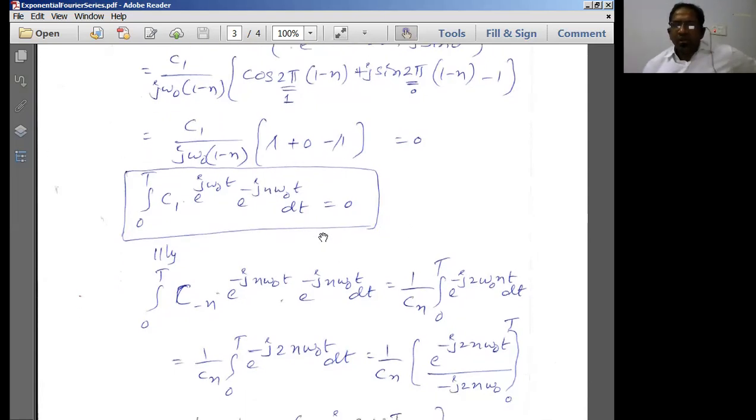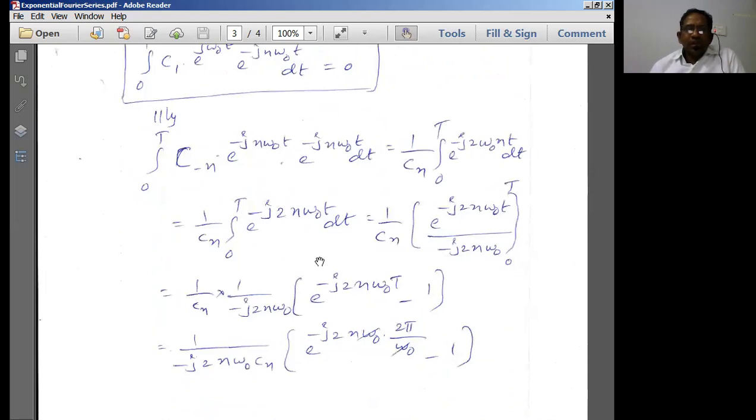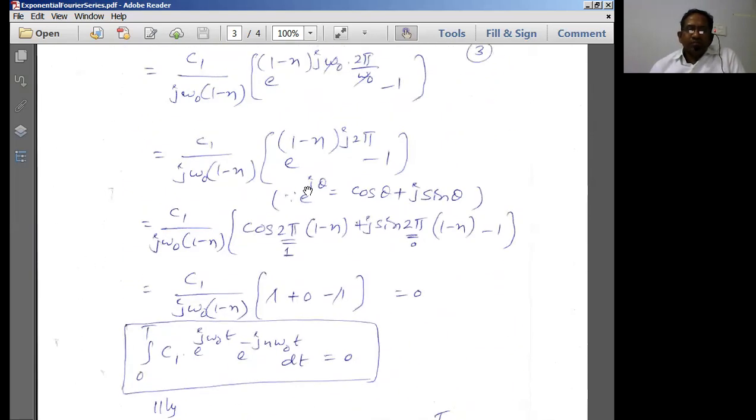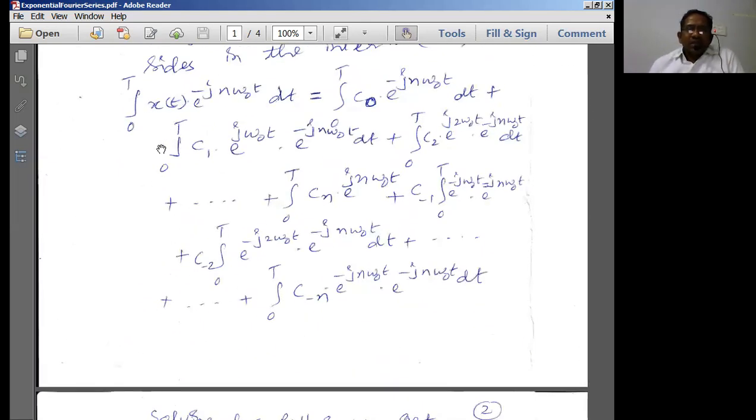The fundamental component is 0, and then all the harmonics. What is a harmonic? The frequency components which are integer multiples of the fundamental frequency are known as the harmonic frequencies. So obviously all the harmonic components are also going to be 0. Therefore we go straight to the other part of the equation. In this equation we have the expansion, integration of all the terms, and we have just found that the harmonic components are coming as 0. Therefore all these harmonic components I simply skip.